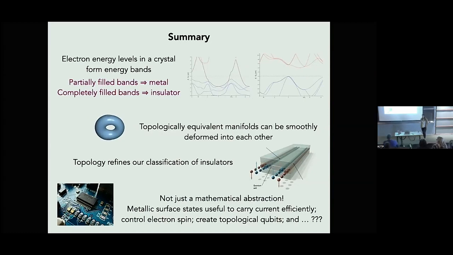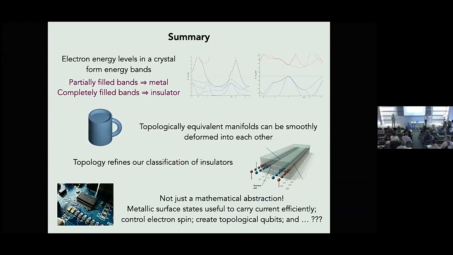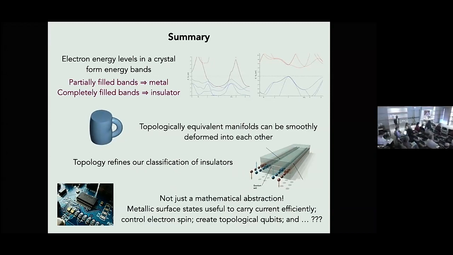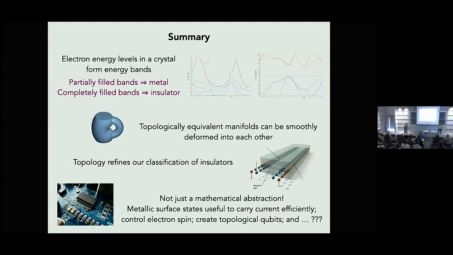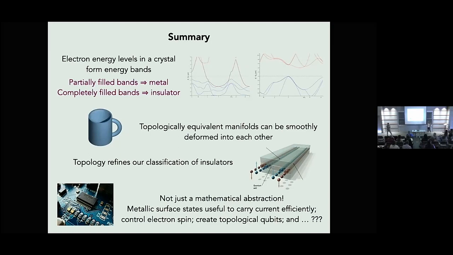Could you just speak a little bit about the implications for quantum computing from this? You said a little bit before, but if you just want to go off and tell us what could be done. Yeah, so like I said, there is this kind of proposed platform for a topological quantum computer, and it's definitely